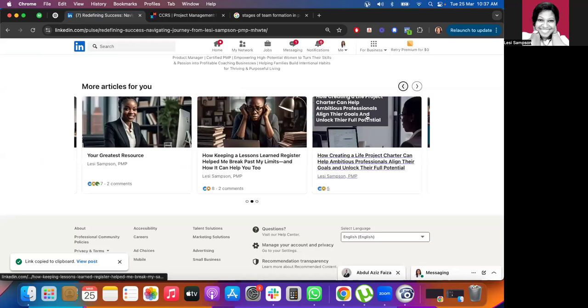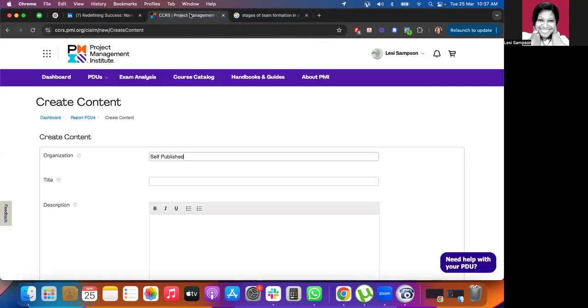So these are the articles I've published. I could choose to report on this one, how creating a life project charter helps ambitious professionals align their goals. So this practically talks about creating a project charter, right? So I can come here and say creating a project charter. So a brief description, right? So I wrote